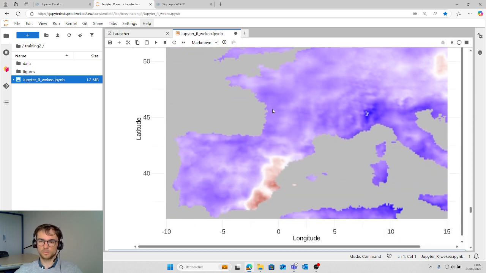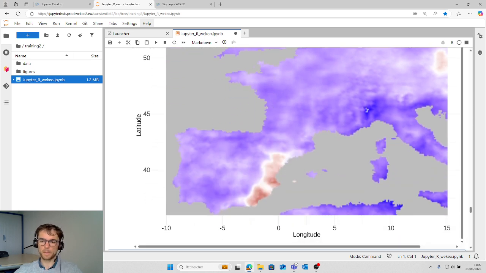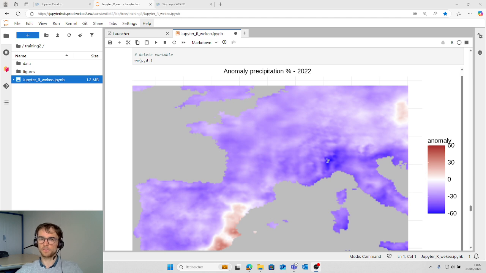And you see here the map, the anomaly of precipitation in 2022. It is in percentage. So we see a lack of significant precipitation over part of Europe, except in eastern Spain here.